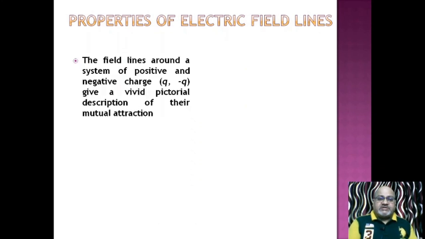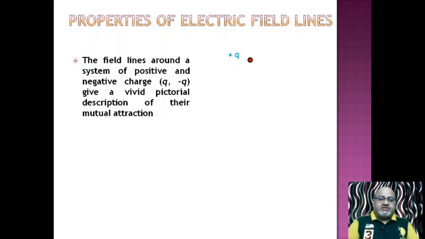Property of electric field lines continues. Now we have studied electric field lines for a single charge. Now a pair of charges. The first pair is unlike charges. Two unlike charges having equal magnitude but opposite polarity are placed. See what is the pattern of the electric field.